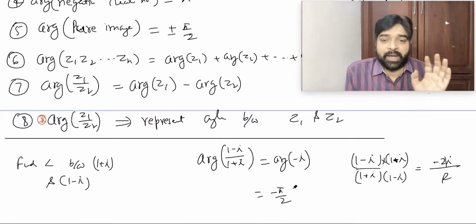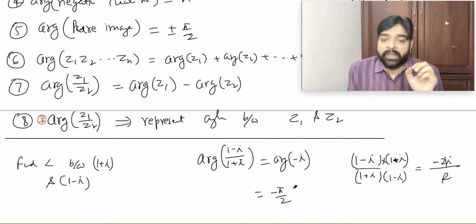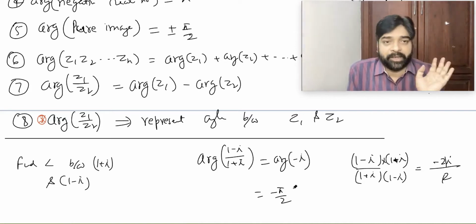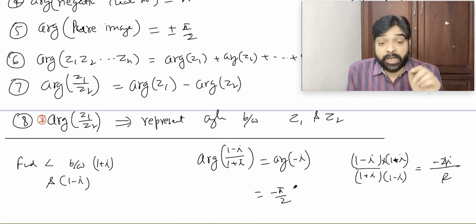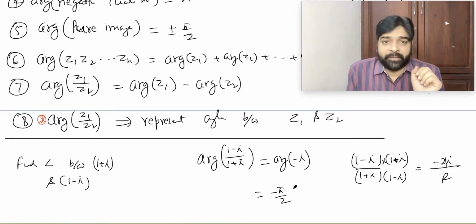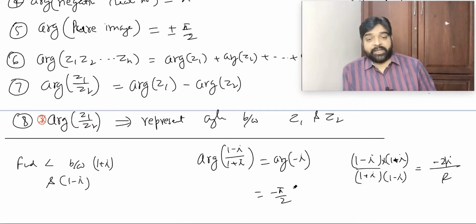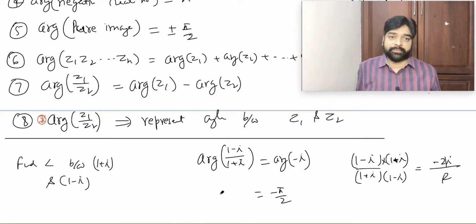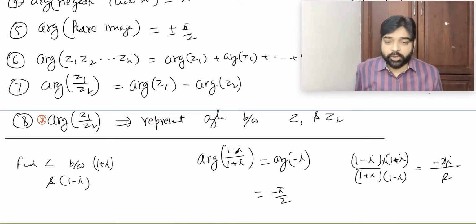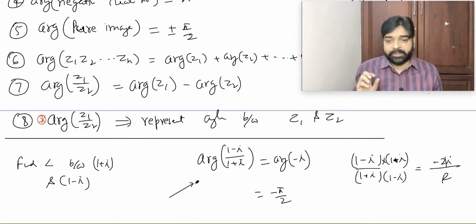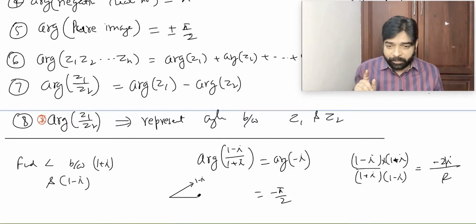That's significant. That's why I'm saying, listen carefully. Sometimes when you do this, you may get a positive angle, you may get a negative angle. I don't have to tell you, you should write only the principal value. What is the significance? That is a very huge significance. A negative angle means that this complex number is below that complex number. When I do it this way, I always assume that the numerator is above. This is 1 minus i and this is 1 plus i.